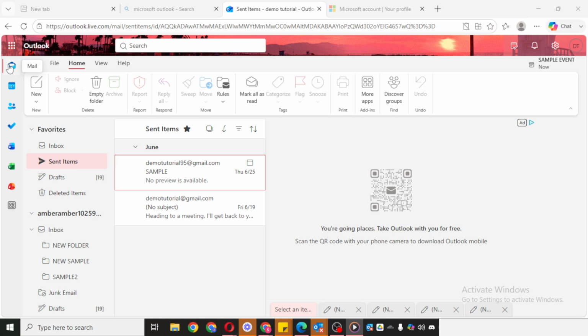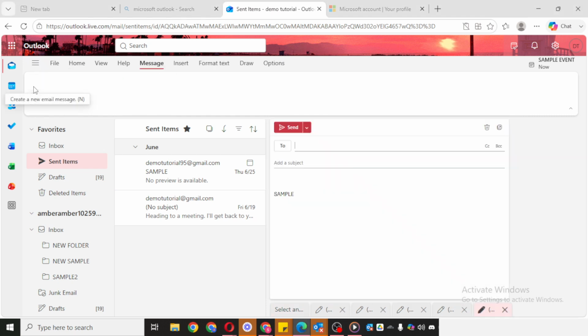your message. Next, click New Email to open a new message window. This will bring up the Email Composer, where you can create the message you want to send. Take a moment to make sure you're in the correct Compose window before moving on.